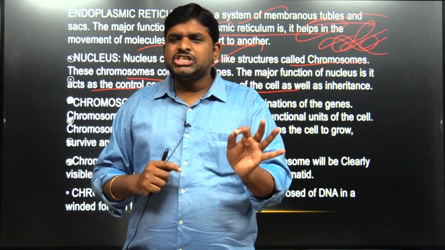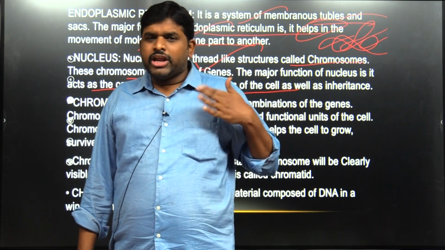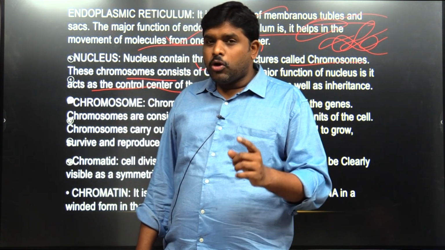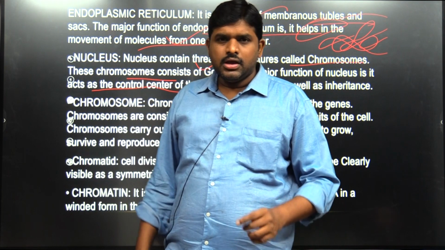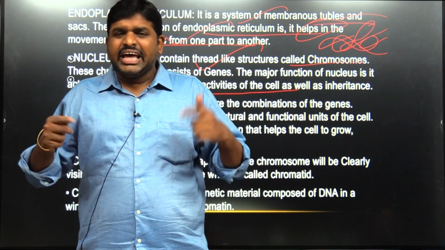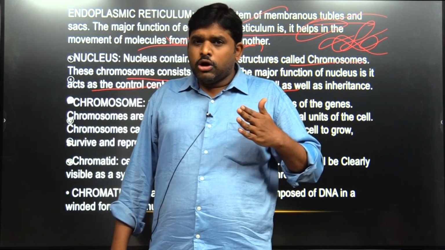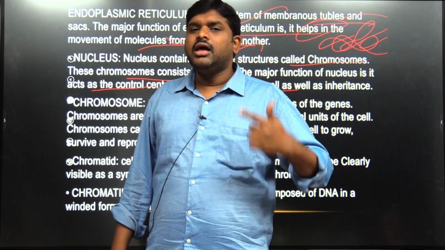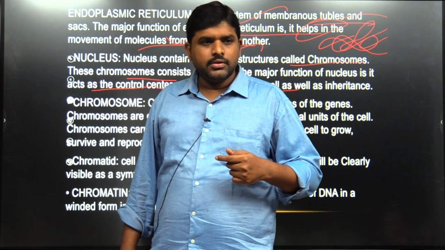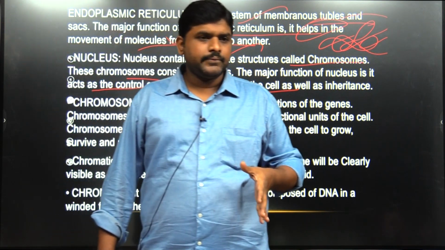Chromosome is the structural and functional part of the cell. How? For a human body, the cell is the structural and functional part. In the same way, for a cell, the chromosome is the structural and functional part. The cell exists because of chromosome, and the cell function is because of chromosome. The directions given by the chromosome are responsible for the proper functioning of the cell. So, as the cell is responsible for the man, in the same way the chromosome is responsible for the proper functioning of the cell.